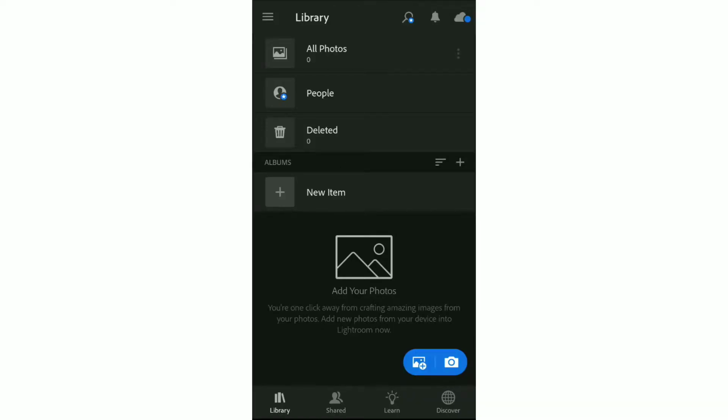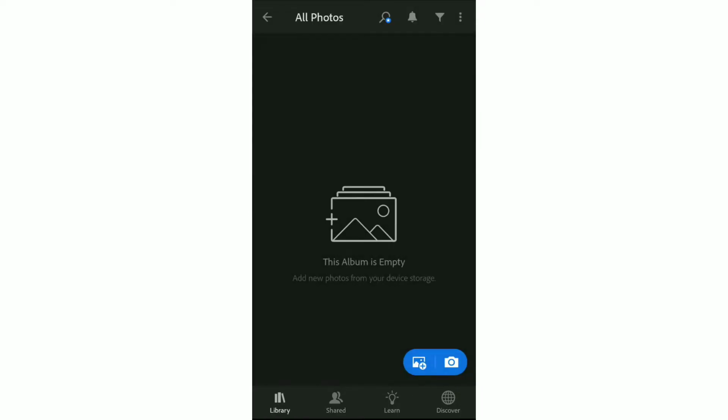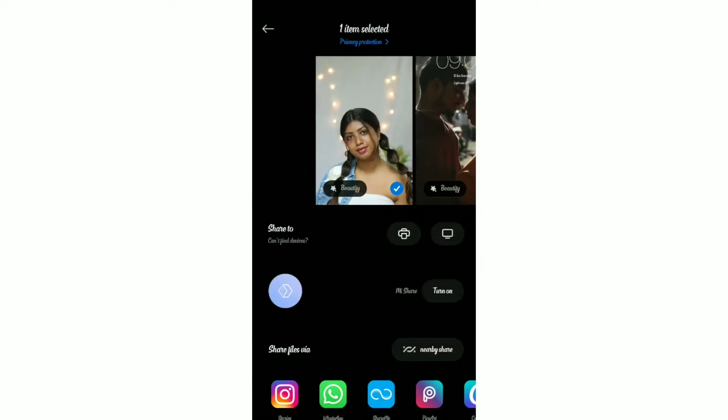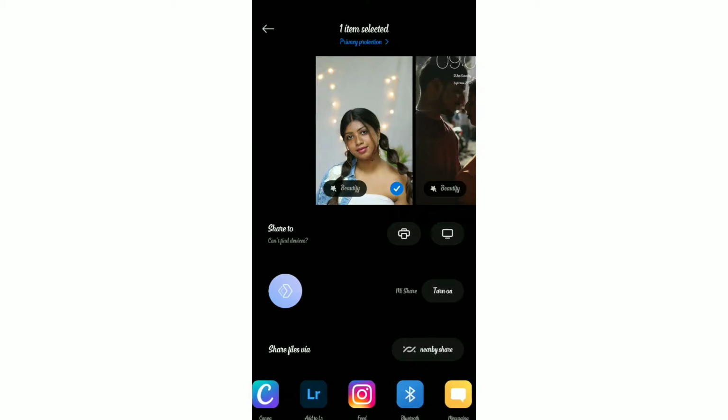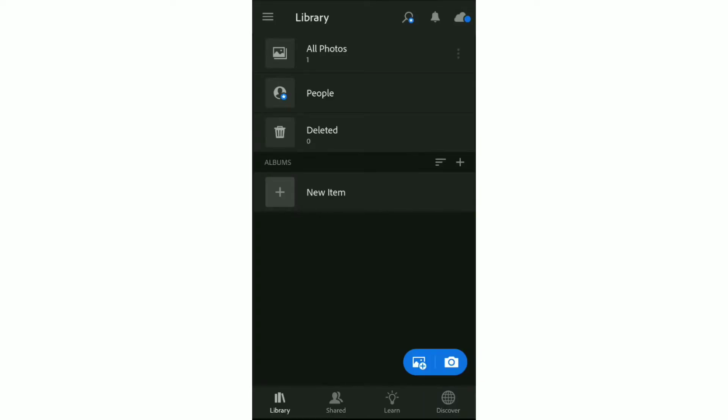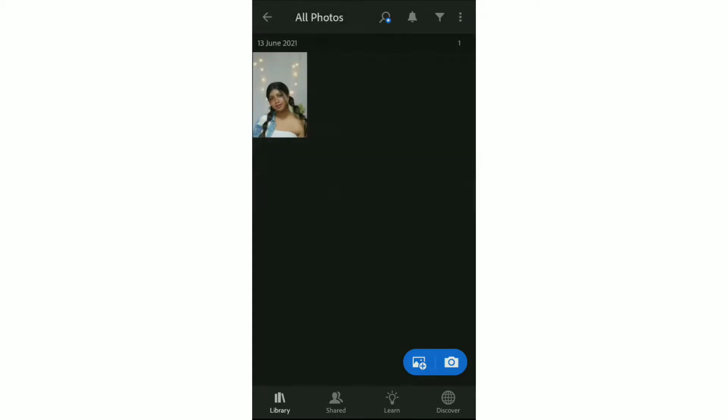For presets, you have to pay separately and buy that particular preset. So here's the Lightroom app, and the option there you can see is All Photos. This contains the photos that you want to edit or the edited photos. Now that symbol right here with the plus sign, you can add photos from your gallery. But what I'm going to do is go to the gallery, select the photo that I want, and export it to Lightroom. So once I've exported this photo to Lightroom, I'm going to the app and select the All Photos album, and there I have the photo that I have exported right now.